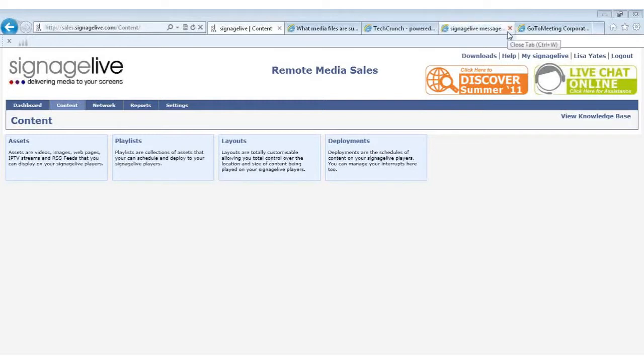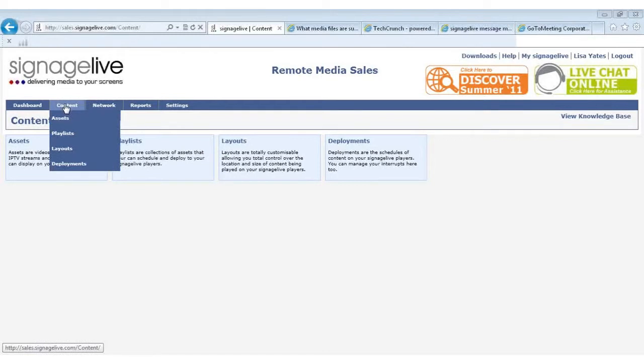Okay, so now we're going to look at custom RSS feeds and media RSS feeds. So if we go and create a custom RSS feed within Signagelive first, we're back to our remote media sales network, and we're back to content, we're back to assets, and now we're going down to custom RSS feed. So if I just click into that,